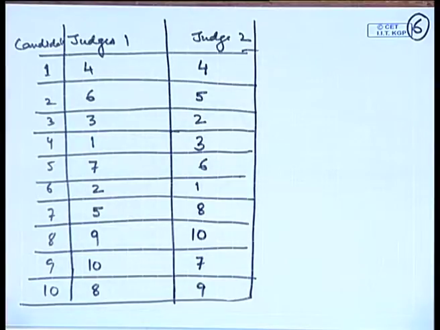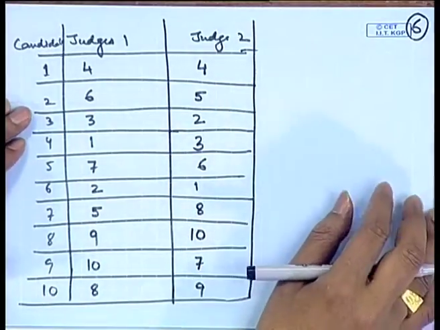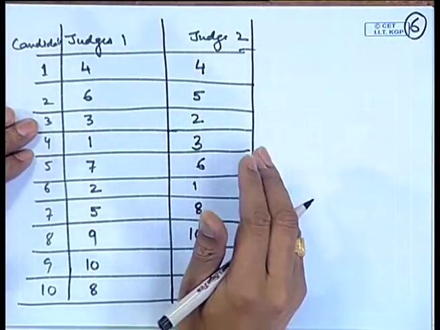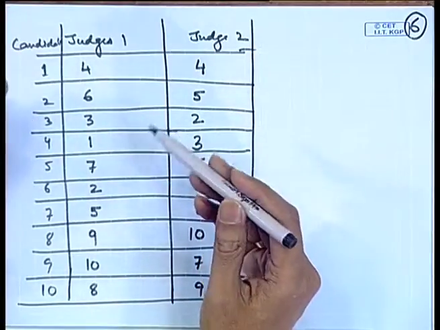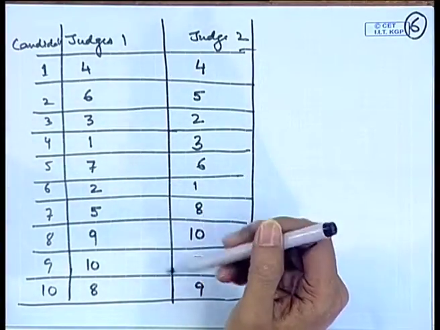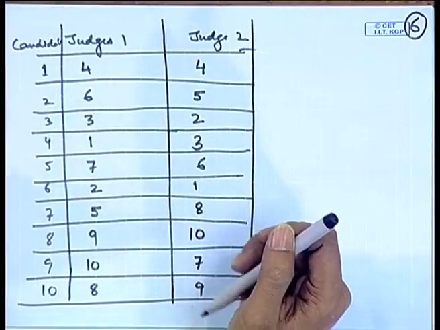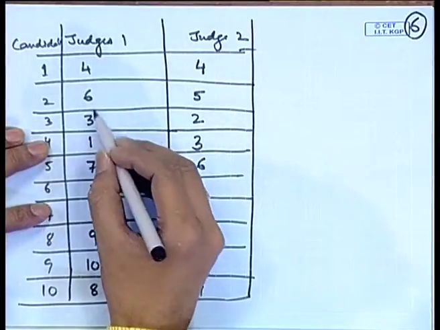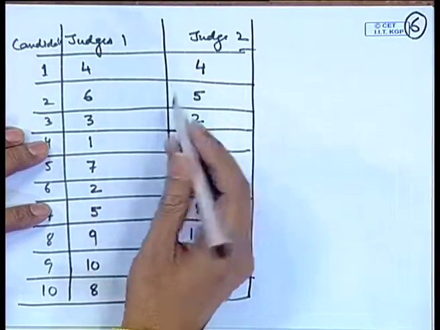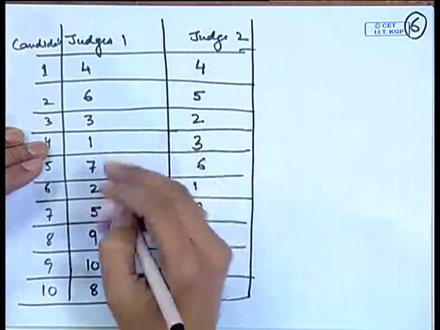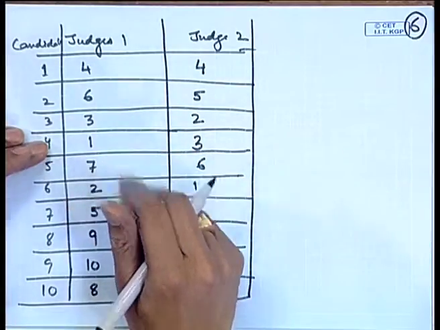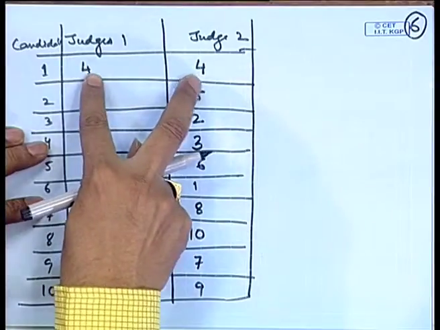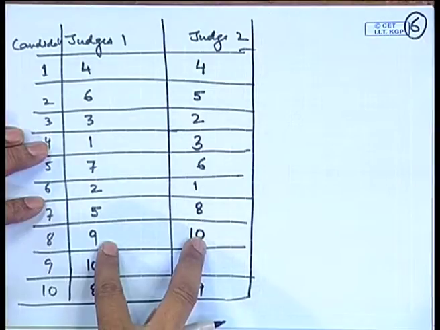Now, an impartial observer would like to see whether the selection has been fair or not. That means, whether the two judges are working in concordance or discordance. So, here in place of the numerical values, for example, the judges might have given some marks before giving the ranks to these candidates, but those are not important, because what is important is whether the selection procedure is unbiased or not. So, in that case it is beneficial to look at the ranks and the correlation between these ranks.